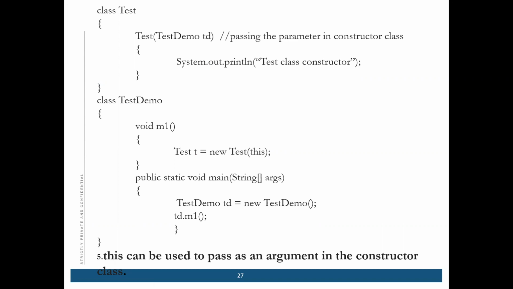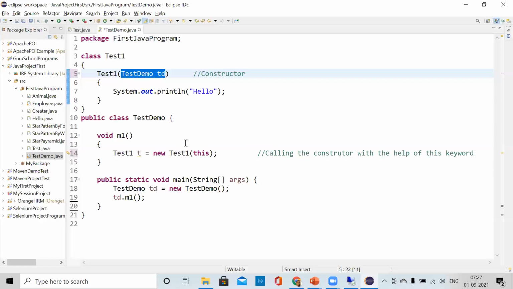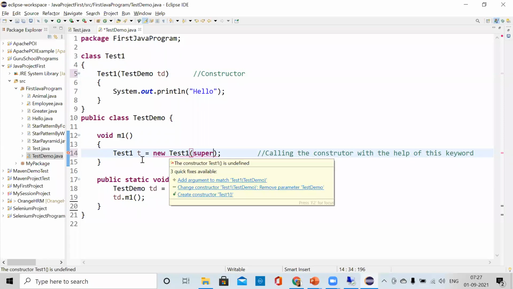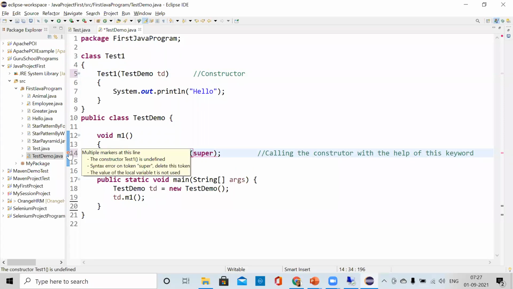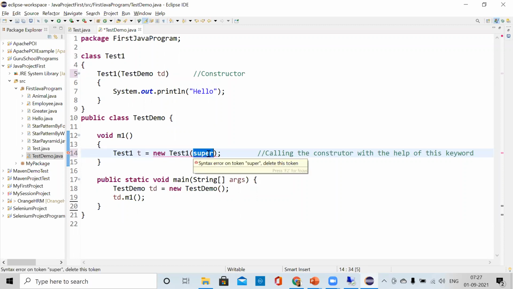Instead of this, can we use super as well, because here we are calling the constructor? Can super also be used to call the constructor? I don't think so. No, super is not possible. I think you can use super only when you're inheriting from the parent class. Actually, I have to check that. I will check it and tell you. Maybe the super keyword can be used in the same class, I think. I have to check.